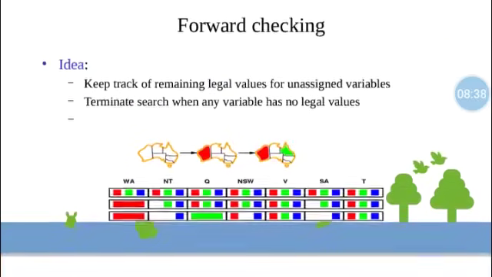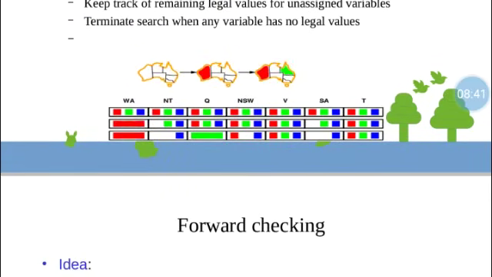Now next, in third, as we move forward, as we have seen for Western Australia red color is fixed. Now for Northern Territory we were having two options, green and blue. Now we will assign blue color to the Northern Territory, right? Now for Queensland we should assign green, because we can't assign blue because Northern Territory is having blue and they are neighbors, so they must not have same color. And Western Australia is having red color, so we can't assign red also. So we will assign green color to the Queensland.